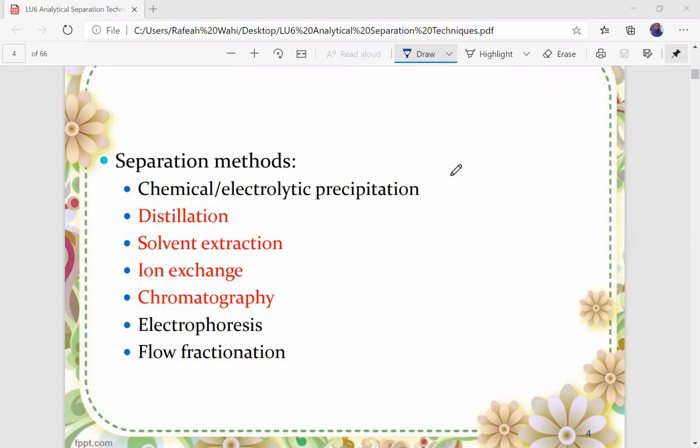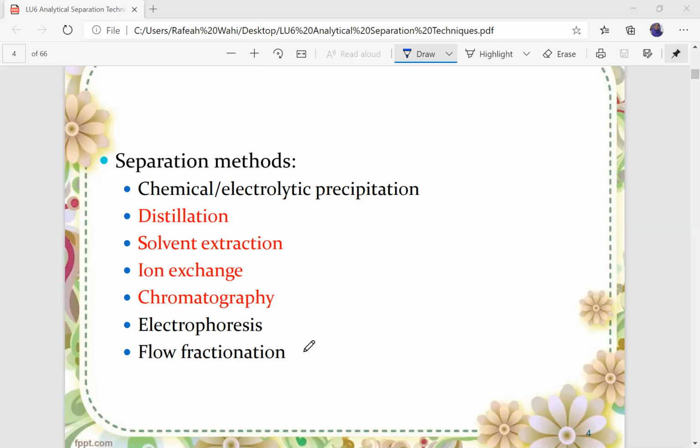That is part of analytical separation technique because we are taking out analyte from one substance using precipitation process for further analysis and further quantification. Another separation method is distillation process, solvent extraction, ion exchange, chromatography,